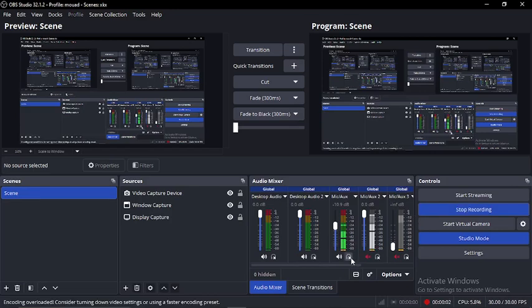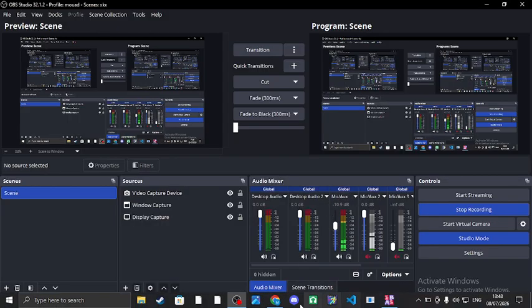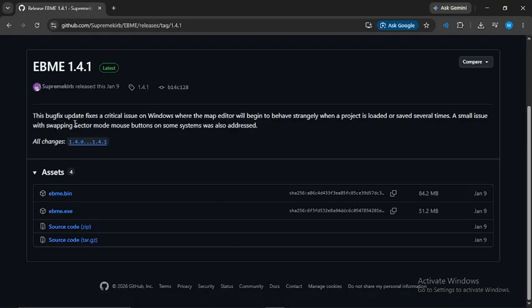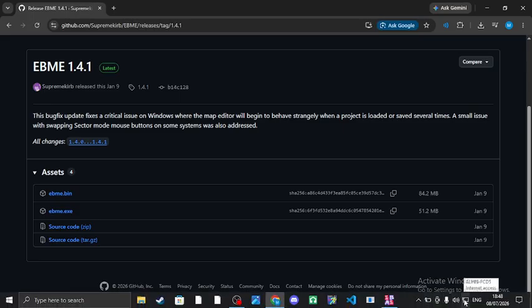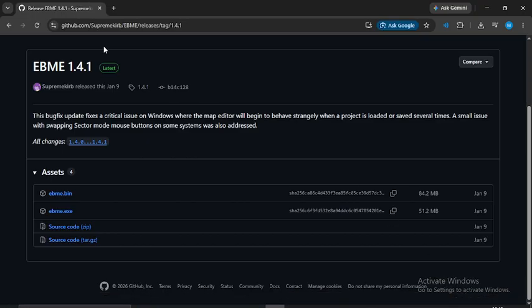Hello everyone, today we're going to show you how to use the Earthbound map editor. First of all, you're going to download it from Super Me Kirby. The latest version as of today, July 8th,